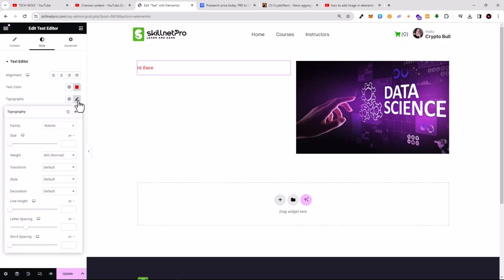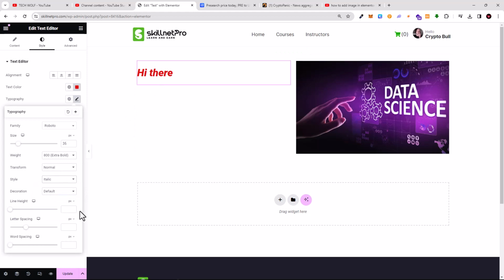If we click here on this pencil icon, here you can see you can change the size of your text, you can change the weight of your text. It depends what weight you want, whether you want it to be more bold or you want it to be thinner text, or we can use this transform to make text to uppercase letters or to lowercase letters or to leave it as it is. Then we click in normal and we can also select style, as you can see here guys, normal, italic for example,